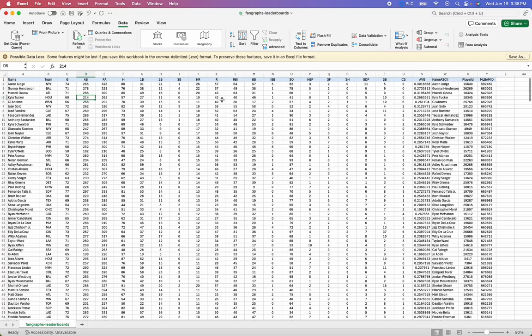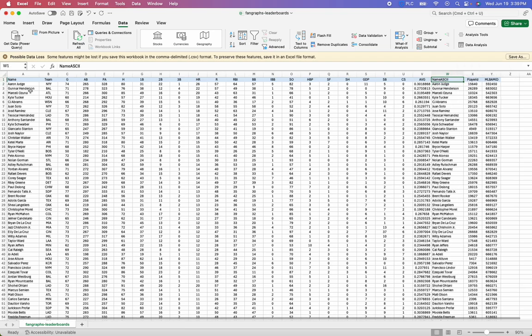Let's look at something else quickly. It's not a FanGraphs course, so we're not going to get hung up on stuff that's specific to FanGraphs. But the difference between this, so name ASCII. I don't know what ASCII means, at one point I did. Basically, it's telling you about the actual text. So what we can see here is